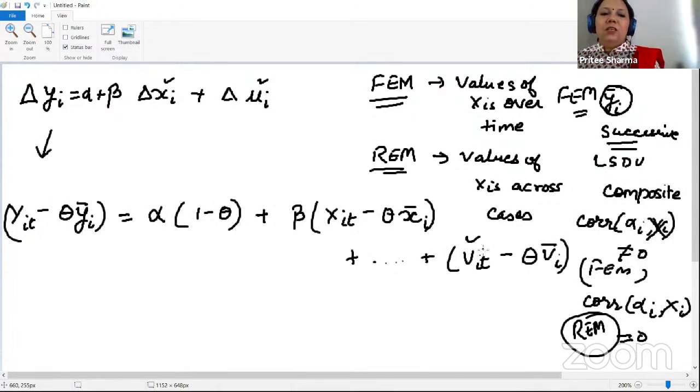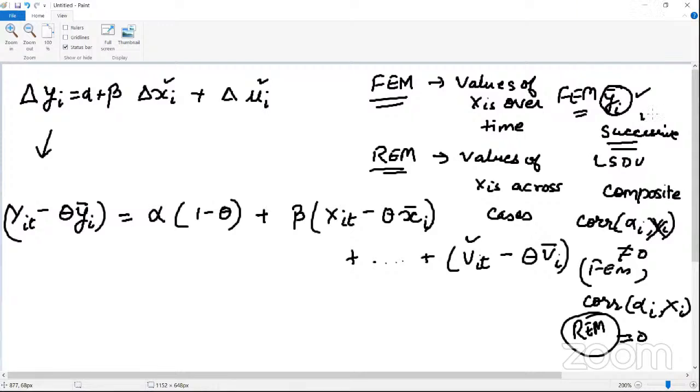That is one thing. Second thing is, instead of differencing with the average or the successive values,